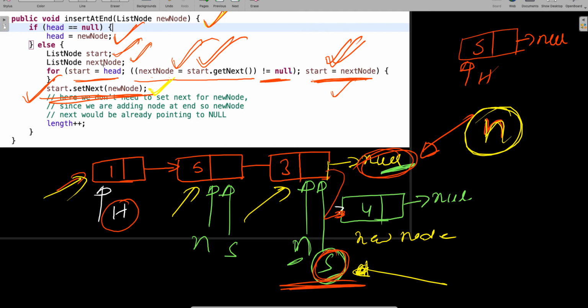Because start is the one which will make sure that you did not cross the last node. Okay, you did not cross the last node, because start is the one which will get incremented only when the last node is not reached. After the last node, okay, when null will come, the start will not increase. That is the reason we should do a start dot set next.